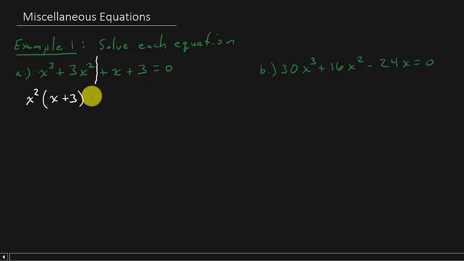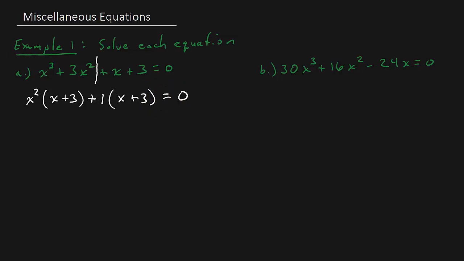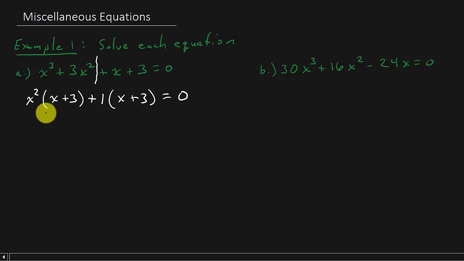But I'm going to go ahead and write a 1 down, like I'm factoring it out. And that just leaves me with x plus 3. And the reason that I did that is because now it's easier for me to see my common factors. And so when I factor out an x plus 3,